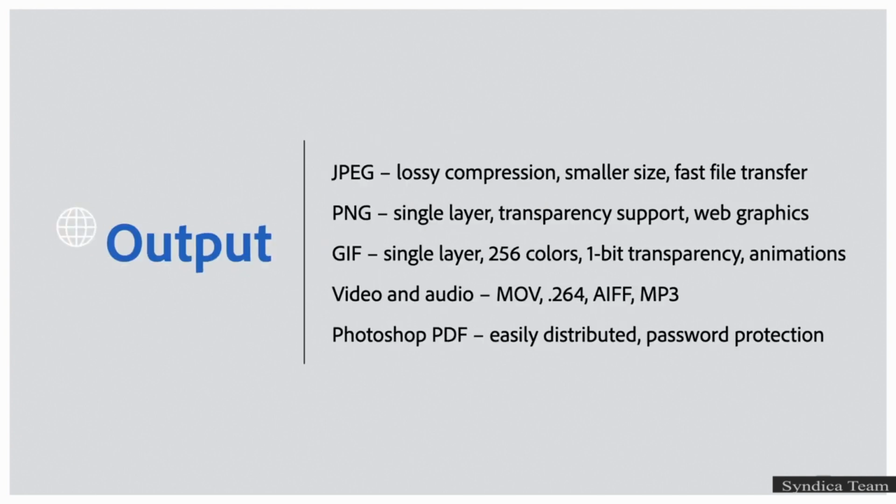All right, the last group of file formats are used when it comes time to output or to share your files, maybe to be printed or to be displayed on a specific device. Now, in most instances, you would want to save a copy of your image, probably resized and optimized for that specific device. To reduce file sizes, these output file formats often flatten and compress images, and that makes it easier to upload or transfer files more quickly. In addition, if you export or you save a copy, that allows you to return to your working file or to that master file if you need to make changes to individual layers at a later time.